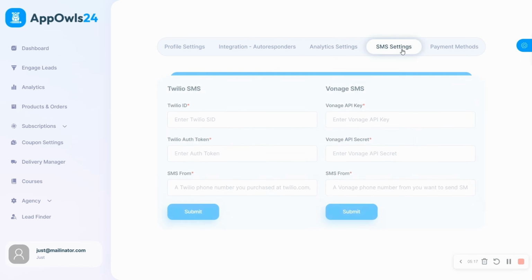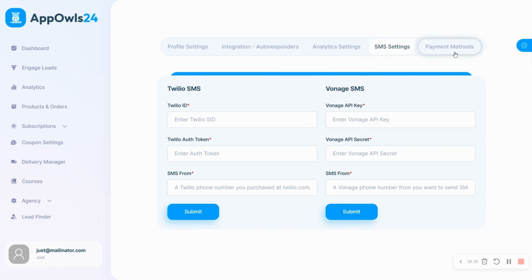of the app. Then we have the SMS settings. Again, I mentioned Twilio and Vonage. You can enter all the details. If you're using Twilio, you can enter these details. If you are using Vonage, you can enter all the details and click on submit. So that SMS tool will be linked to your account. Then we will have